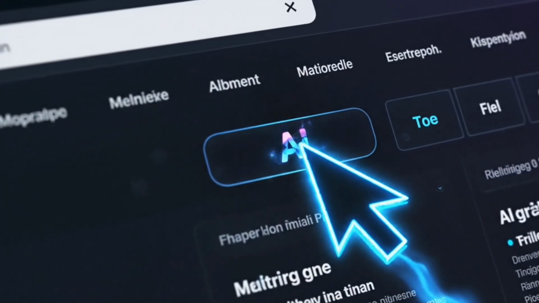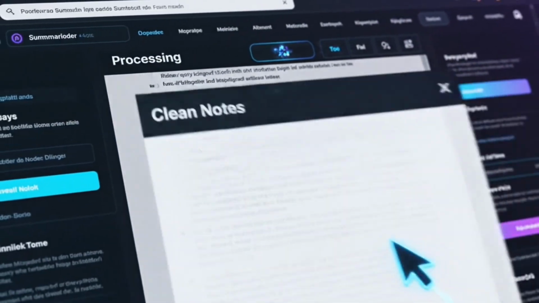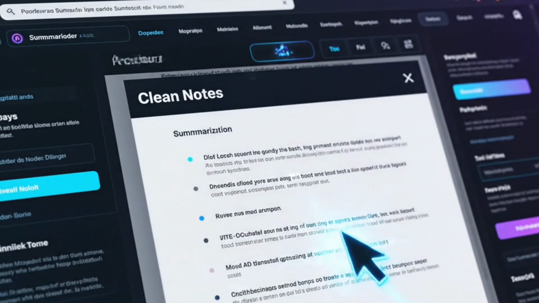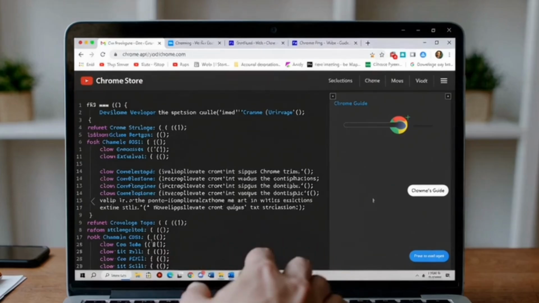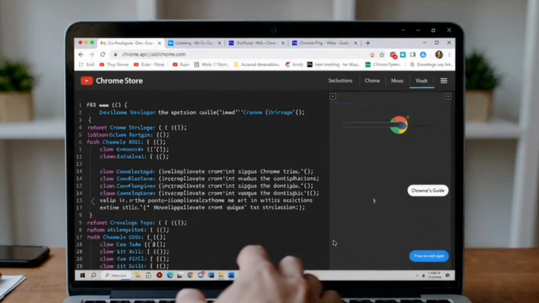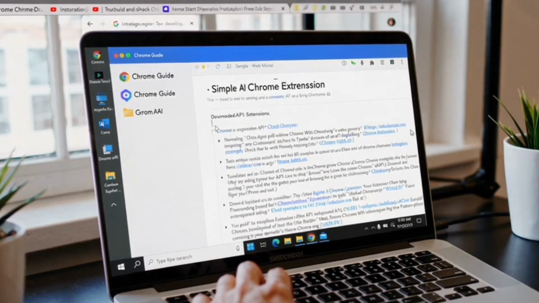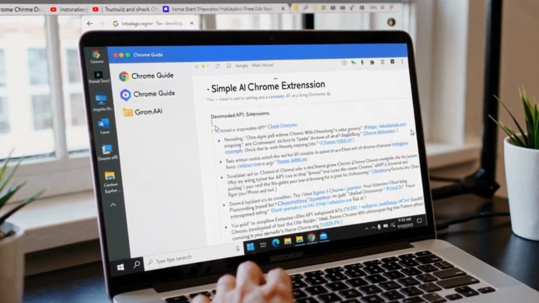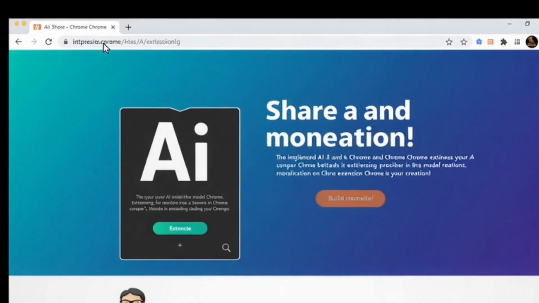Imagine opening your browser, clicking a button and instantly summarizing any web page, generating notes, or even rewriting content using AI. Now imagine this tool is yours. Not a website, not an app you depend on, but something you built yourself. In this video, I'll show you step by step how to build your own AI-powered Chrome extension without writing complex code. This is one of the easiest ways to turn AI into a real product you can use, share, or